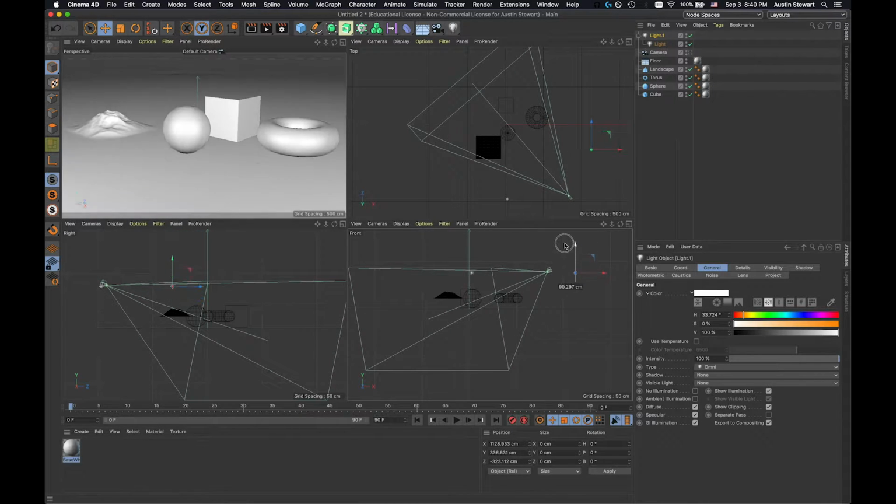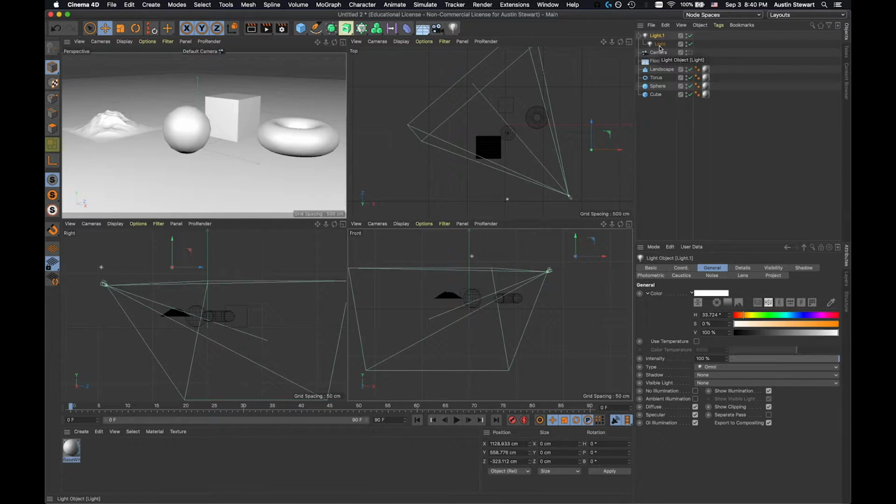I could also create a null called light kit or lights or whatever. And so I could have a bunch of lights or different types of lights in there, and as I move the null around, I could have control that way as well. So right now I just have two lights. I'm just going to make one the child of the other. And the other thing you can do is when you have two objects that have similar attributes, like say two lights,